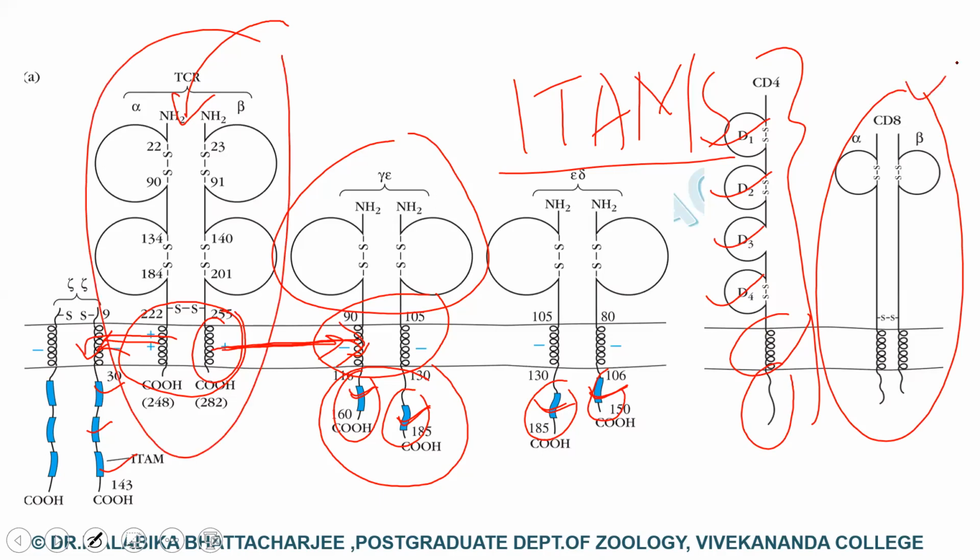So you can see the CD8 shows very similar structure to the original alpha beta T cell receptor. Both the alpha and the beta chains of CD8 are small glycoproteins of about 30 to 38 kilodalton. Each chain, as you can see, contains a single extracellular immunoglobulin-like domain, a long stalk, a hydrophobic transmembrane region, and